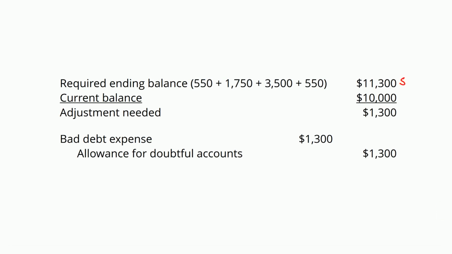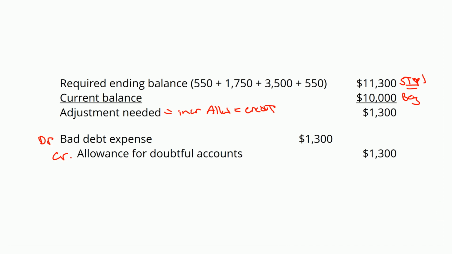Okay, step number 1, per our aging schedule, we have a required ending balance of 11,300. We have a beginning balance of 10,000. So the adjustment needed, we need to increase that allowance account. How do we increase the allowance account? With a credit. What would be the debit? Bad debt expense. Then we would credit our allowance,